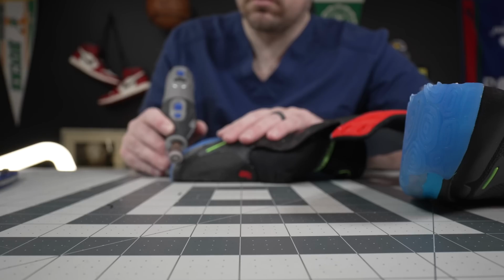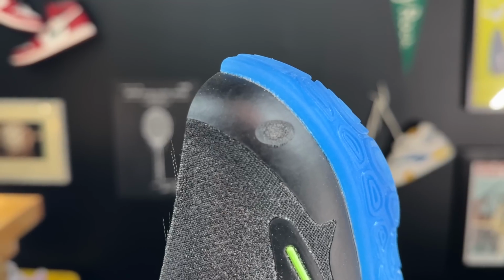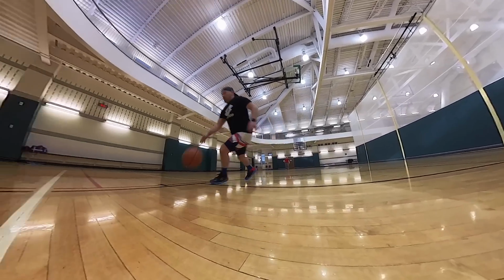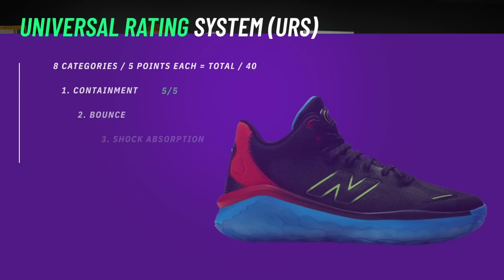And if you look at the upper durability test, the Dremel for 10 seconds with the highest grit sandpaper, the Dremel bites right through the toe cap guard, the drag guard here. However, it does not make an impression on the actual Fitweave. So the Fitweave itself is super strong, and that DuraGuard is actually really thick. So I'd say even dragging outside on these, I don't really see a problem with this. And on indoor courts, because the friction is so low, I don't really think you have a problem at all. And so for containment on the universal rating system, I've got to give them a 5 out of 5,